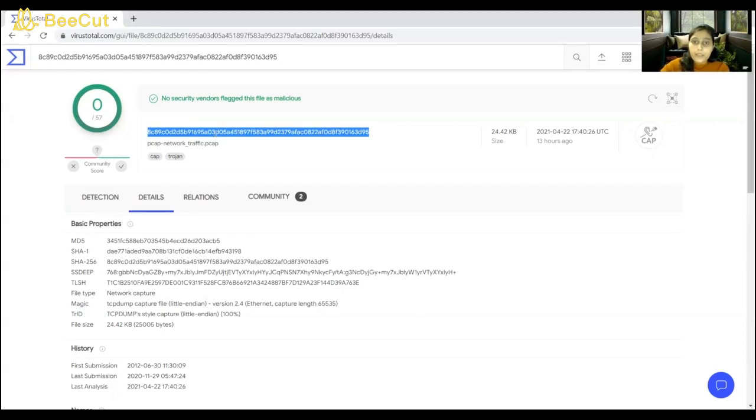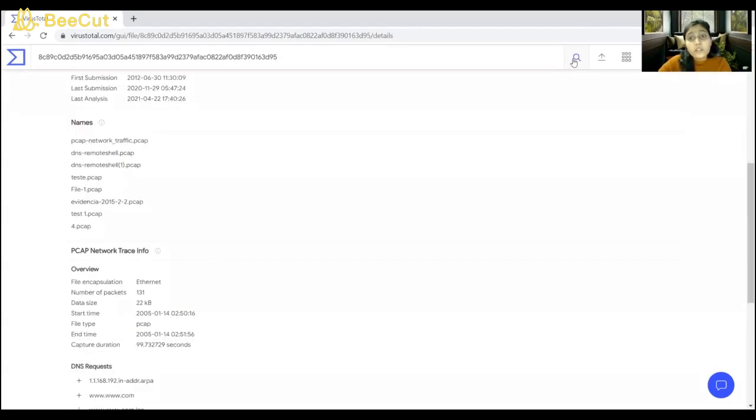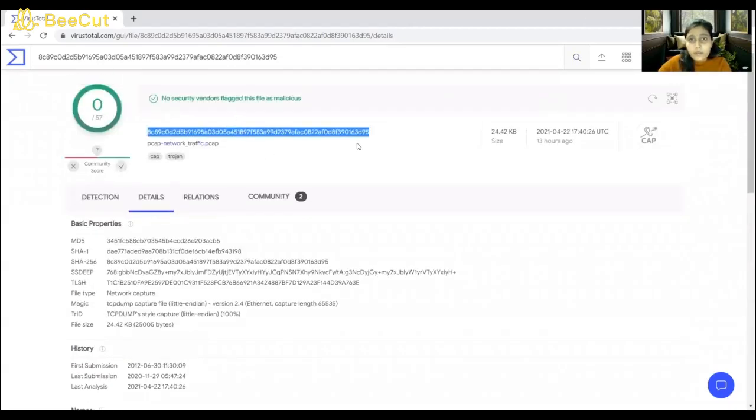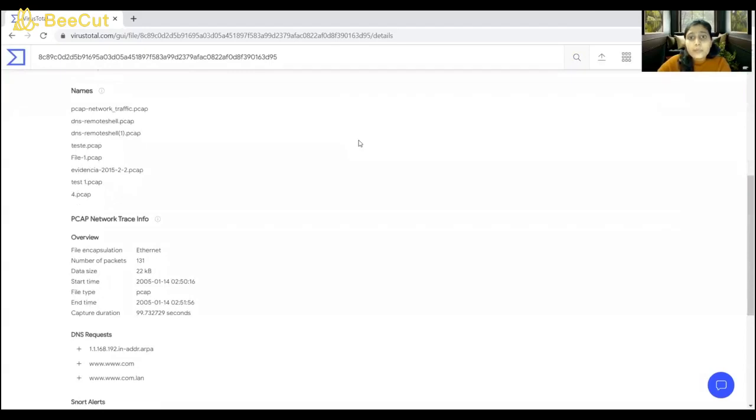Okay, next, we can see why I said that the hash value will be different, because you would not see these other file names unless of course somebody downloaded the file I modified and changed the name. So when we look at the detail page, we want to see that the file has been around on the internet for a while.